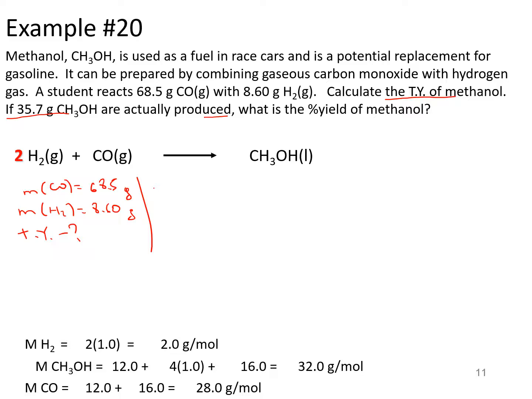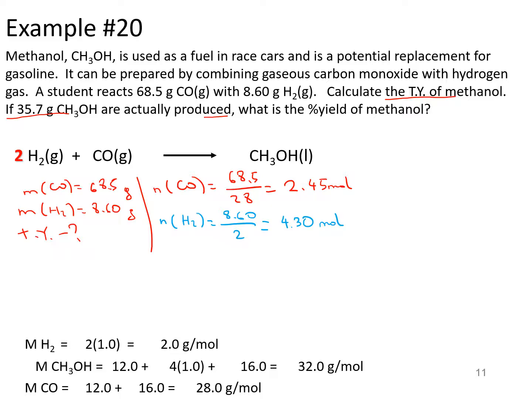So first of all, you need to find the number of moles. Number of moles of CO will be 68.5 grams divided by 28 grams per mole. So let's calculate this, 68.5 divided by 28. So I've got 2.45 moles. On the other hand, if I find the number of moles of the H2, I'm getting 8.60